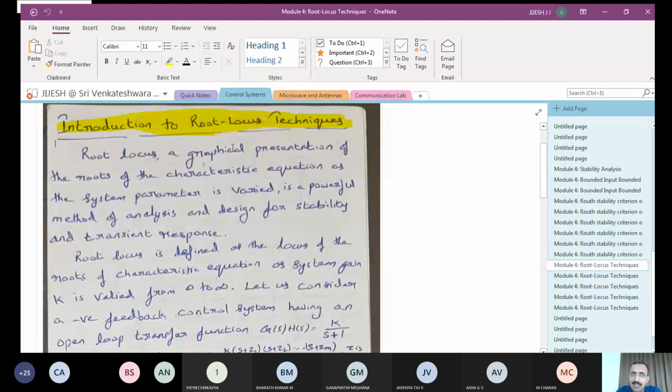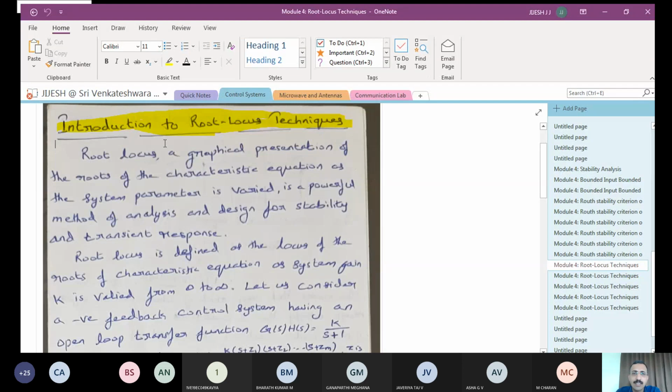Write down the topic, introduction to root locus techniques. It is a definite question for university as well as for internal examination. It's not that theory may be asked; you will be asked to solve the problems on root locus techniques. So you need to understand each step and how to go ahead with that. We'll be studying it as a step by step process, and we'll be solving some numericals as well. So we will see how to go ahead with this root locus technique.